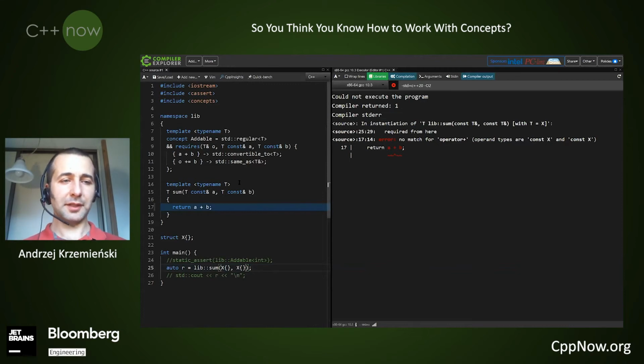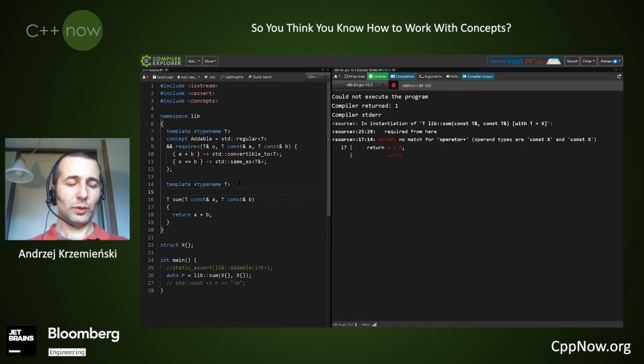Now let's constrain our template. There are two ways to do it. One is longer. We use the requires clause. Requires expects a Boolean predicate, so we say that concept addable when passed this argument T should return true.